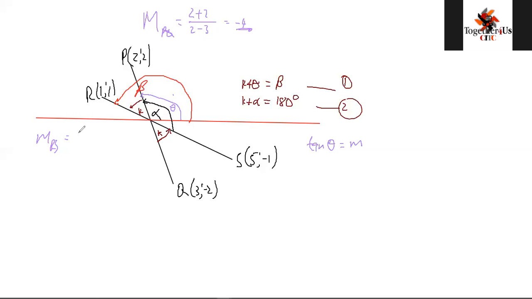So that's going to be 1 plus 1, which is 2, and then over minus 4. And we can see it is actually minus a half when we simplify that fraction. So first of all, for PQ, I'm going to start with tan theta equals m. So that means tan theta is actually negative 4. So I've got to find the angle there. Of course, then theta is